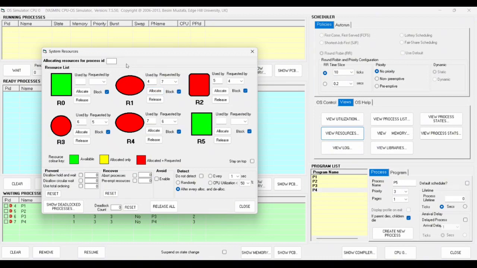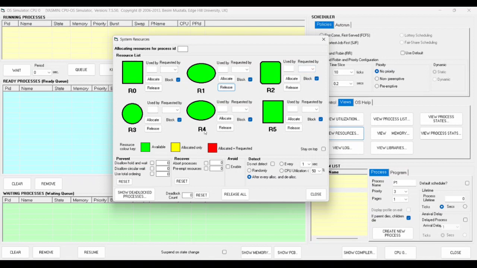If a deadlock occurs, a warning will appear indicating that a deadlock is detected. This is where we find ways to resolve the deadlock. The first method is manual intervention. We can forcibly terminate one of the processes to release a resource, allowing other processes to continue. By releasing one resource, it will change from red to yellow and then to green. You can see it in the running process menu at the back. So we can see the processes running again.